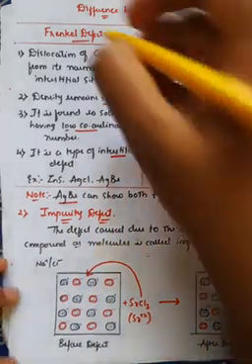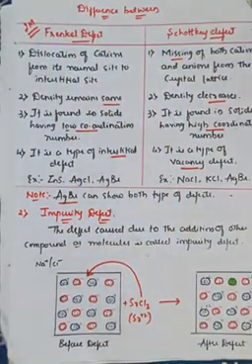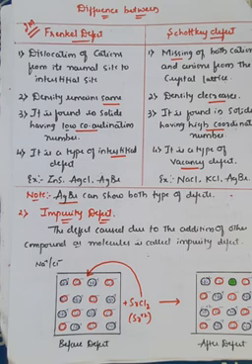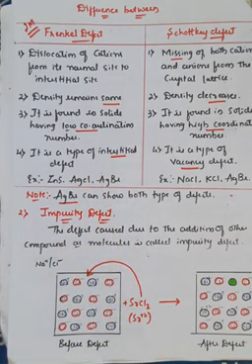So this is a compulsory 2 marks question in the annual examination. Most of the time they have repeated. Go through the previous year question papers. In that you will observe one important question, that is the differences between the Frenkel defect and Schottky defect. Either they may ask in terms of definitions, and they may ask even for 1 mark, that is examples for the Frenkel defect or examples for the Schottky defect. Even in CET also, there might be a 1 mark question, right? So identify the solid in which the Frenkel defect takes place, or identify the solid in which the Schottky defect takes place, like this, right?